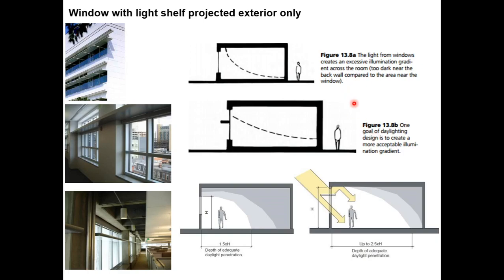The light shelf, as we saw in the last few slides, is a better improvised daylighting technique. For example, if there is no sunshade here, you get light here like this. Whereas if you have a light shelf, there is more spread of daylight because the light shelf actually reflects the light, as the light shelf itself is a reflector. So you can see in this clear picture the height of the windows here, so you get lighting here, whereas if you have a light shelf, you get sufficient lighting here and it gets reflected to the ceiling and you get diffused light. So it's almost like 2.5 times the height of the window, you get sufficient daylight.